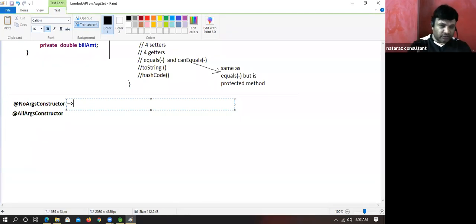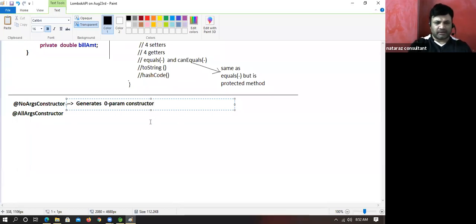Only a compiler generated zero param constructor is the default constructor. Are you understanding my point? Lombok generates an explicit zero param constructor. Don't say default constructor. It generates a zero param constructor.